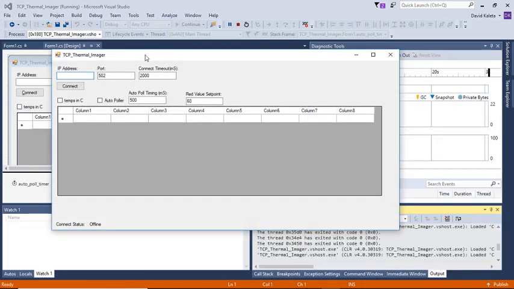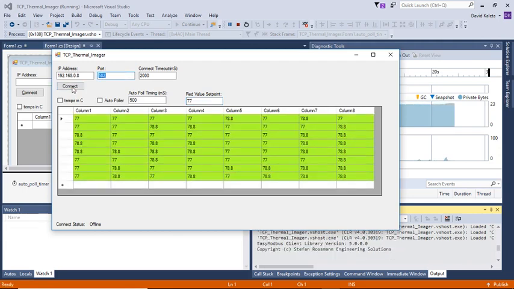Start the program, enter in the IP address, and we'll set our minimum temperature to about 77, and then we're going to do a connect, and that grabs over one set of data,